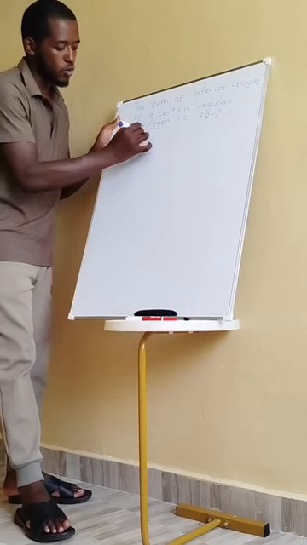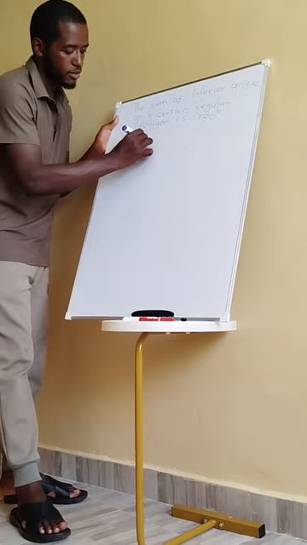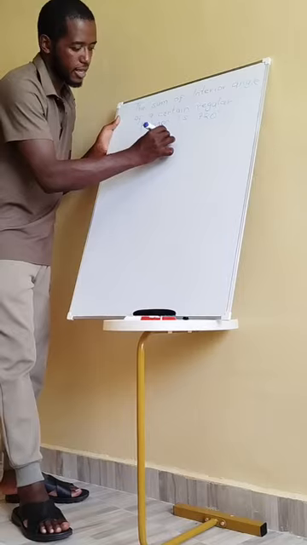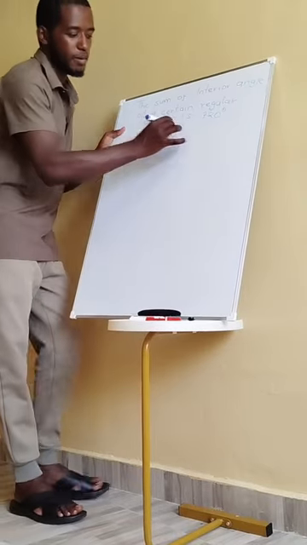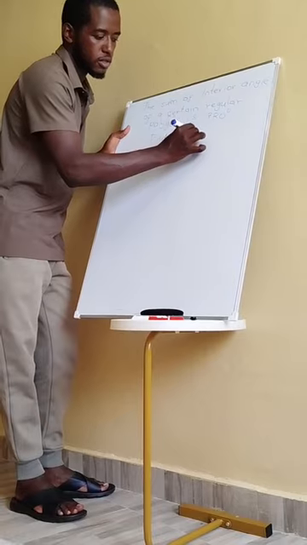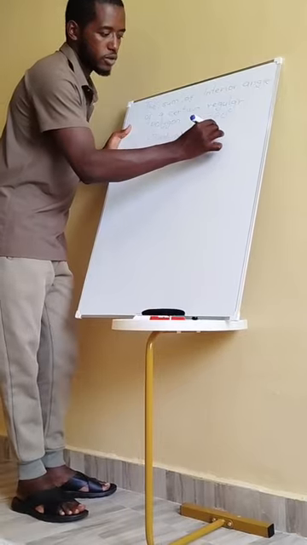Then you are asked to find A, the number of sides of the polygon,